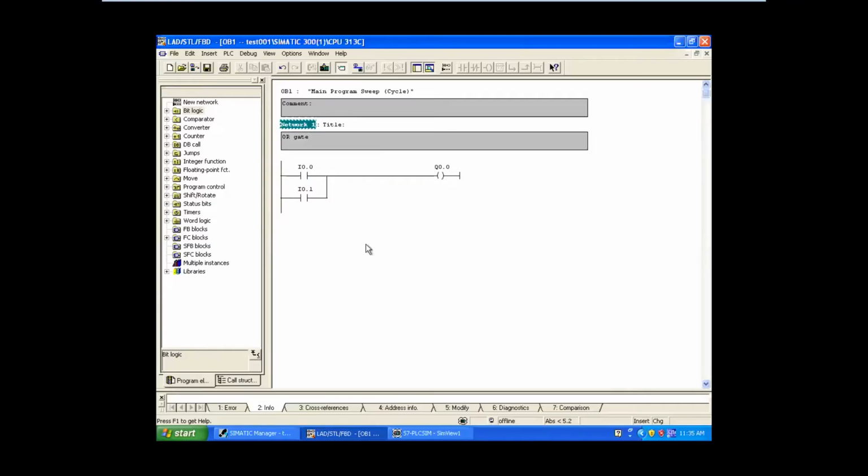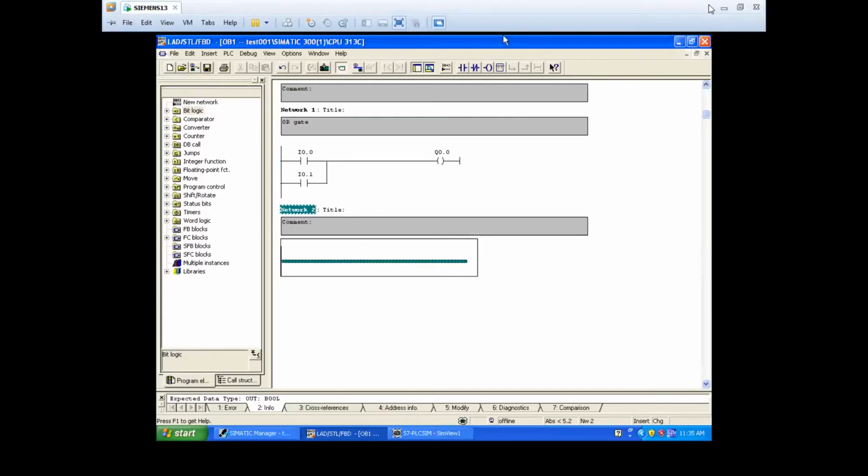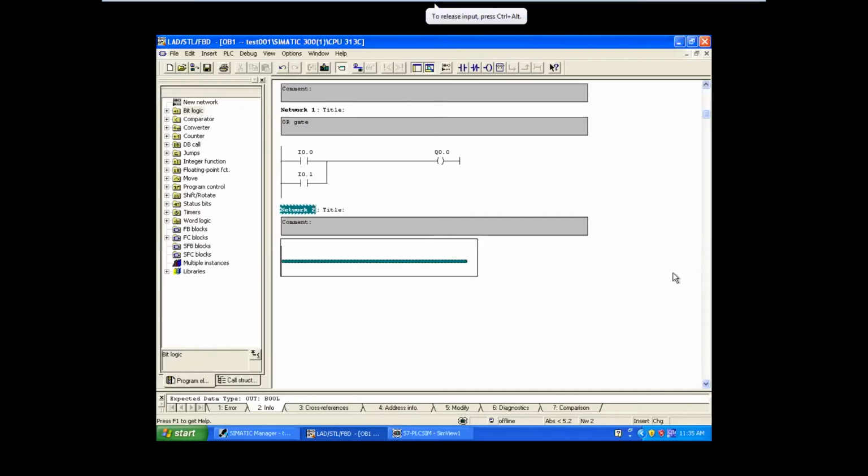Right? So shall we do the AND gate next? What is the AND gate? 0 0 0, 0 1 0, 1 0 0. What is the last case? 1 1 1. So from this we get to know both inputs need to be on for the output to turn on. Here it is not an option. Both need to be turned on.